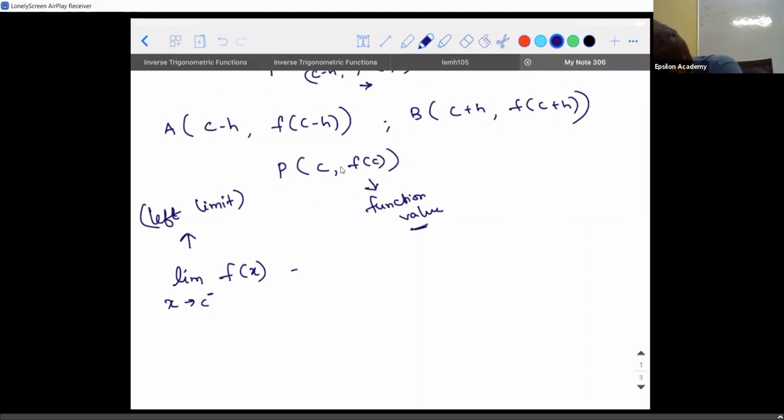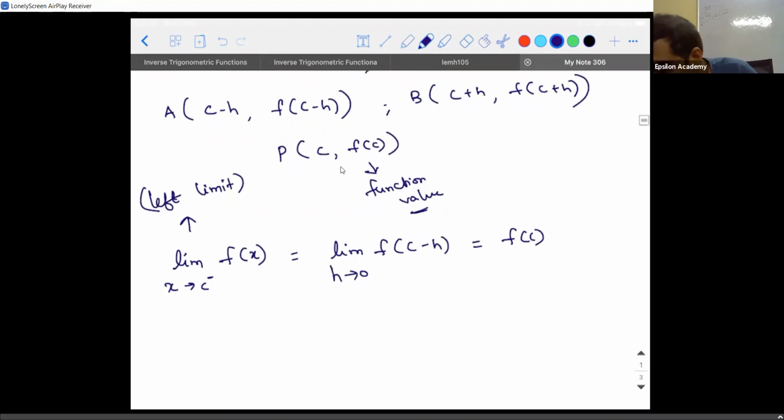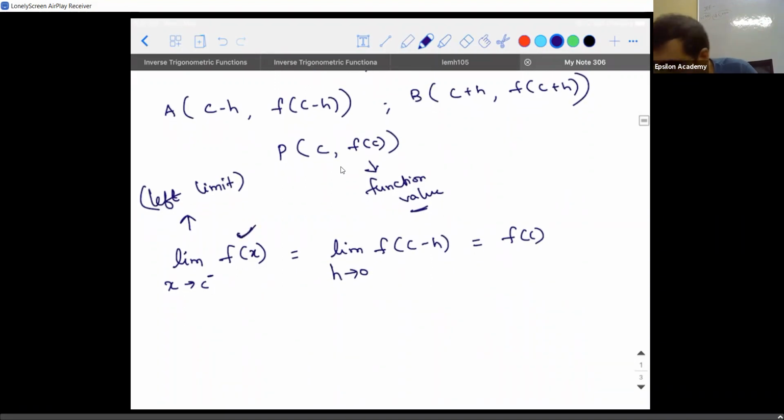Observe the way I am going to write: limit h tends to 0 f of c minus h. If this comes out to be equal to function value f of c, I hope you guys are clear with three terms: function value, left limit, and right limit. Now we have seen what is left limit and what is function value. So I'm repeating it again. Listen. For a function f of x, I am finding the limit on c minus. What do I mean by c minus? If this is point c, then c minus will be this side. From c minus h, where am I trying to approach? I'm trying to approach towards c.